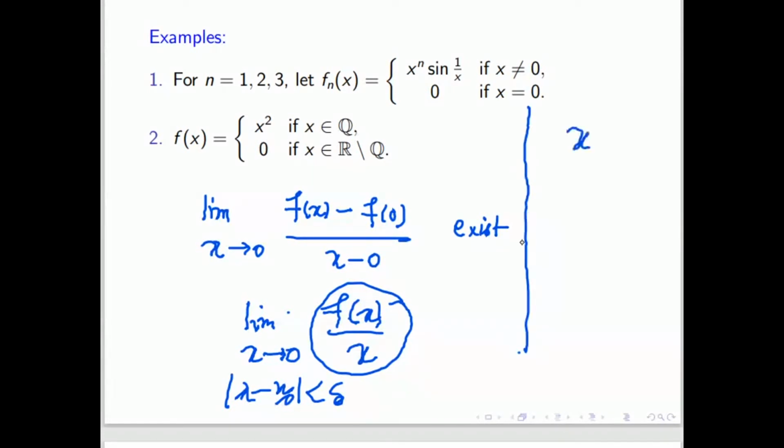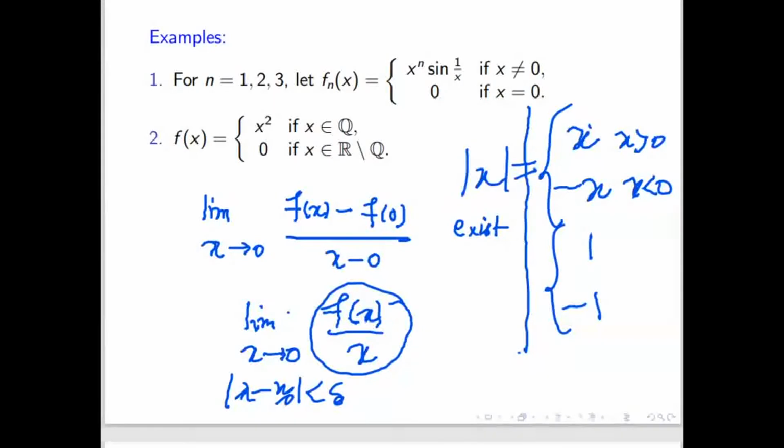When x is positive, mod x is x, and when x is negative, it is minus x. That differentiation is 1 and this differentiation is minus 1. So can we say that minus 1 is the derivative of mod x? No, sir. Being able to differentiate doesn't mean that the function is differentiable. Here I differentiated x and the derivative is 1. In this case, the derivative of minus x is minus 1. So whatever I am writing, this is for x positive and this is for x negative. Is this function the derivative of mod x or not?